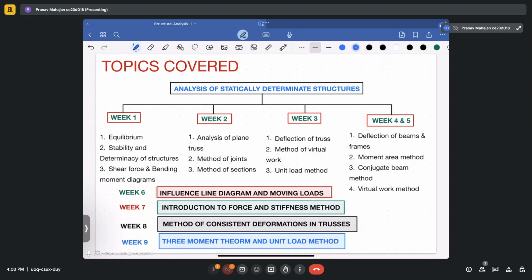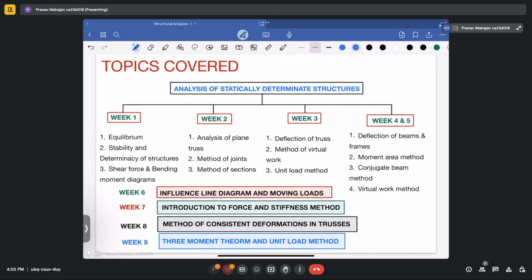Then we moved to the truss, in which we saw that a truss is a two-force member, and compression and tension are the major forces that come into the picture. To determine the unknown forces in the truss members, we used two methods: one is the method of joints and another is the method of sections. After that, we moved to determining the deflection of